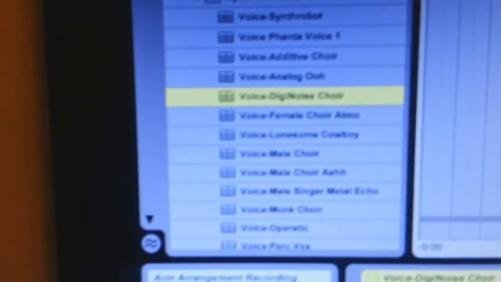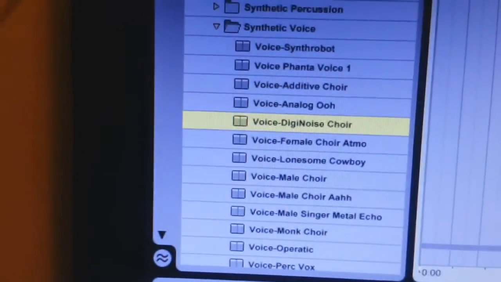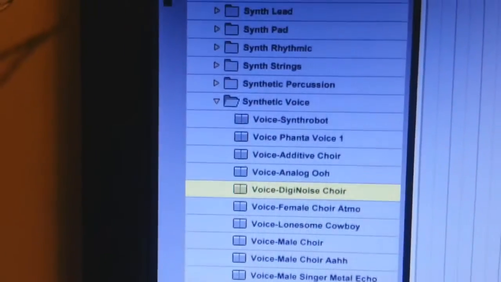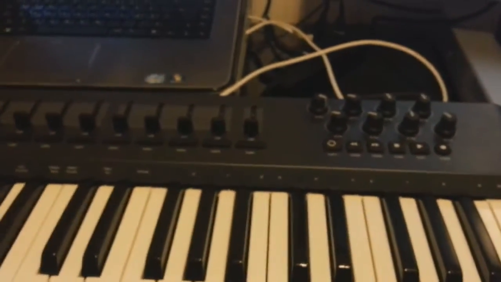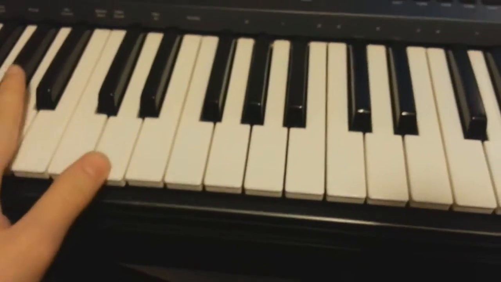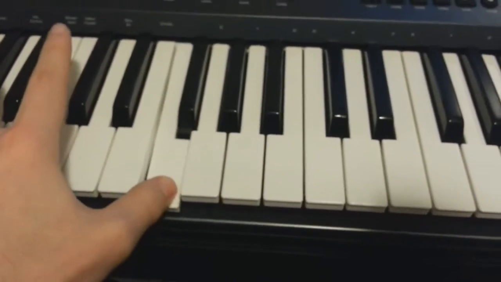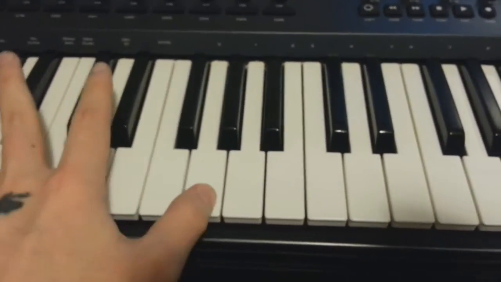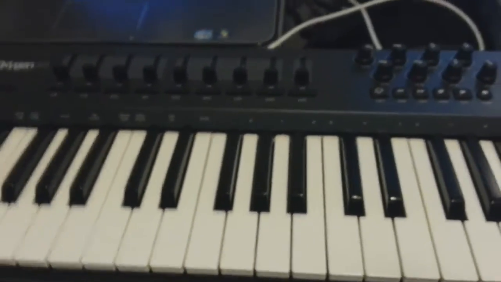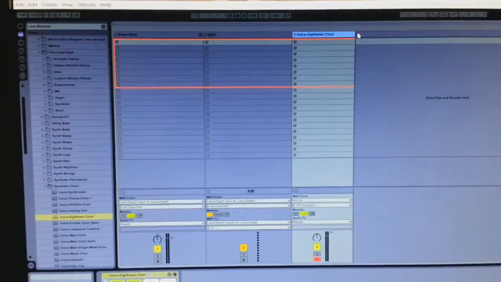Now in Ableton's default presets, I found this synth or piano that is called Voice Noise Choir, and it's located in synthetic voices. And now I need to come up with some kind of pattern or something I would like to play, some kind of melody. So here is some kind of simple melody to get started with. So when I already have a pattern,